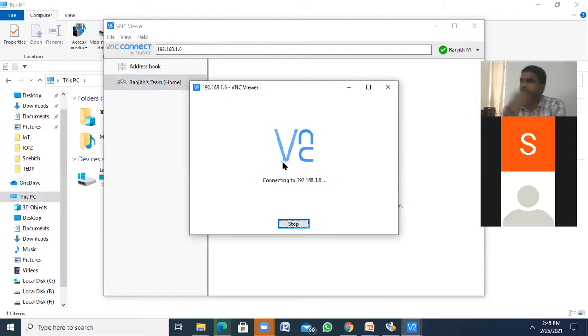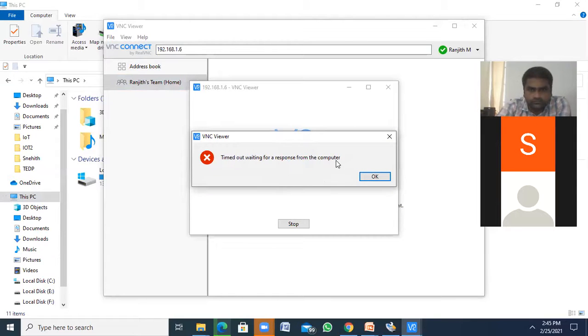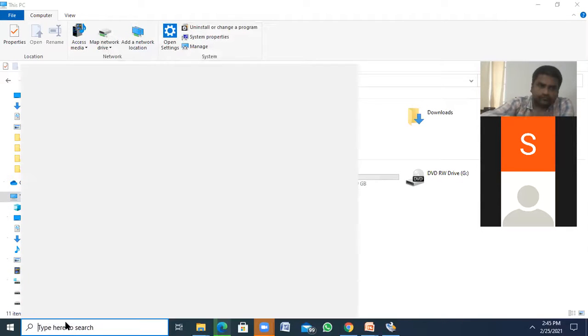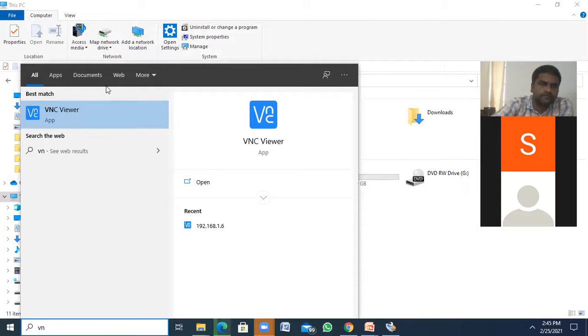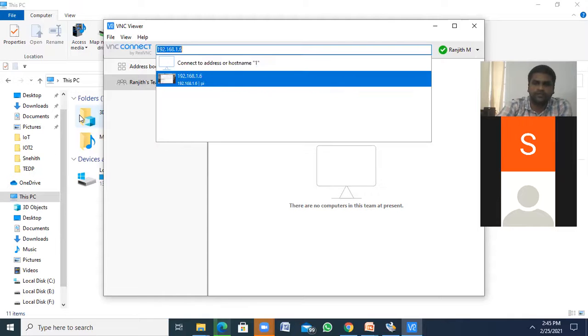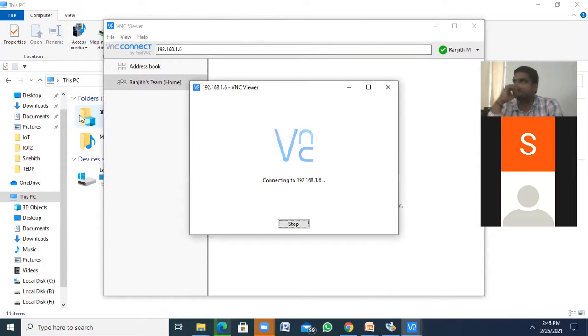It is connecting to the Raspberry Pi. VNC viewer. Oh, this is 11 now. It is changed.